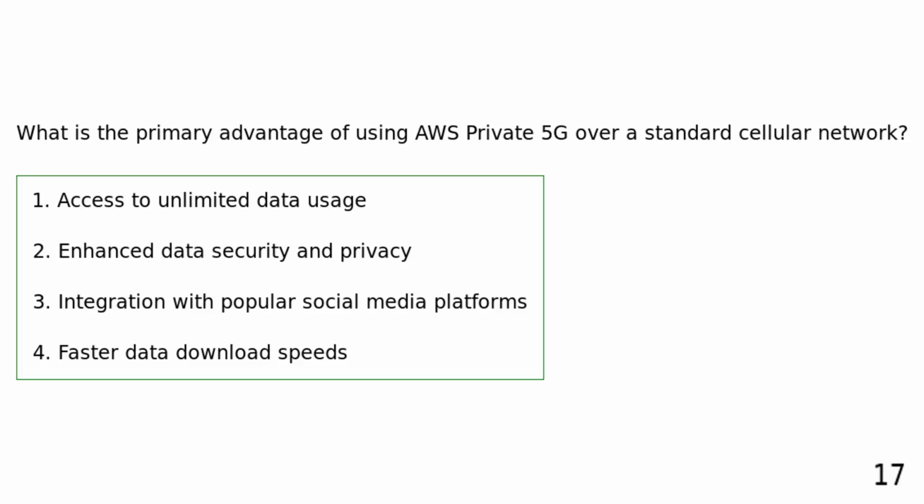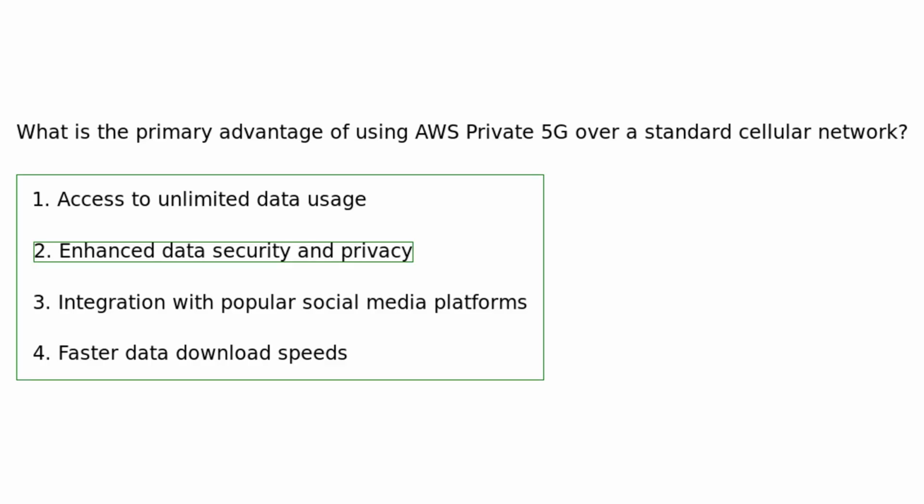What is the primary advantage of using AWS Private 5G over a standard cellular network? Access to unlimited data usage. Enhanced data security and privacy. Integration with popular social media platforms. Faster data download speeds. AWS Private 5G offers enhanced data security and privacy compared to standard cellular networks, making it a preferred choice for